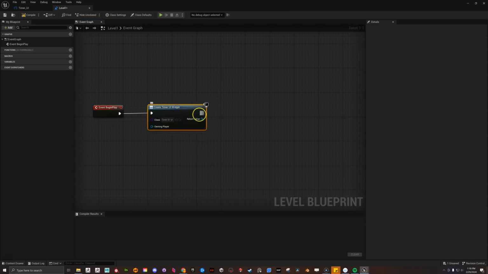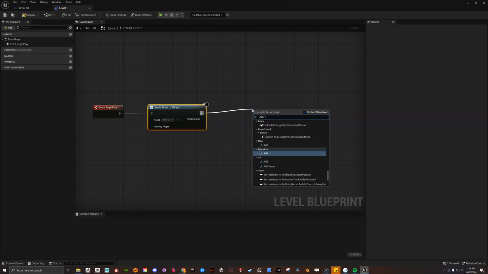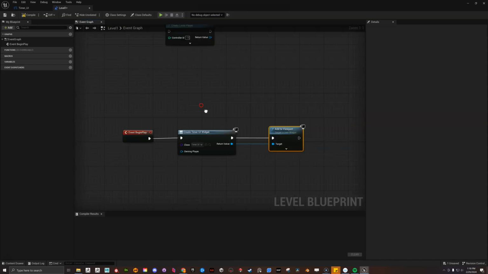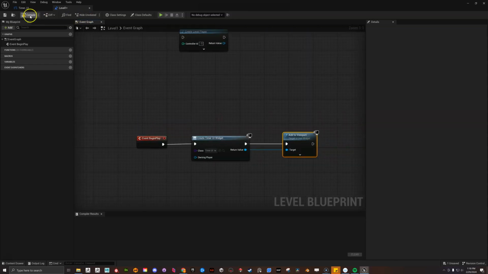And then after we create the widget, we need to add it to the viewport. So I'm going to pull this out and I'm going to go to add to viewport. It's looking for a target. Who's it going to add to the viewport? And it's going to be the widget we created here. So now if I compile, save this,